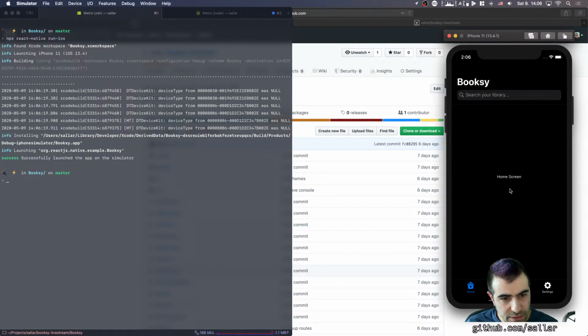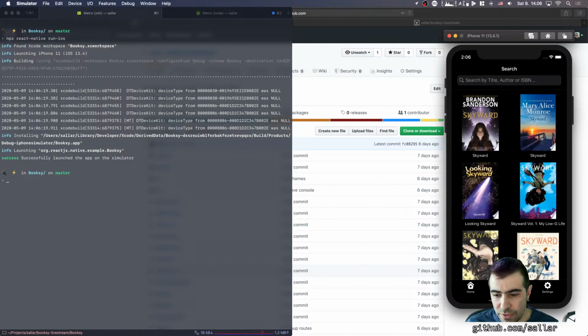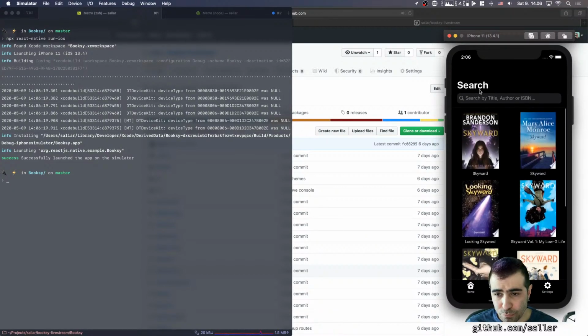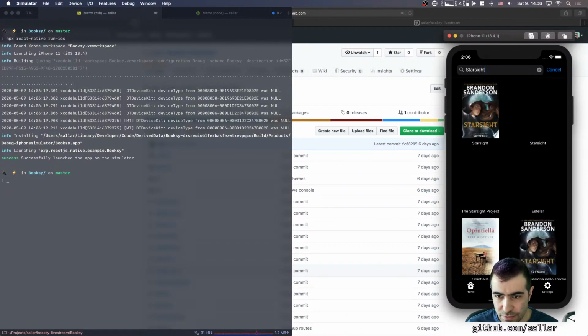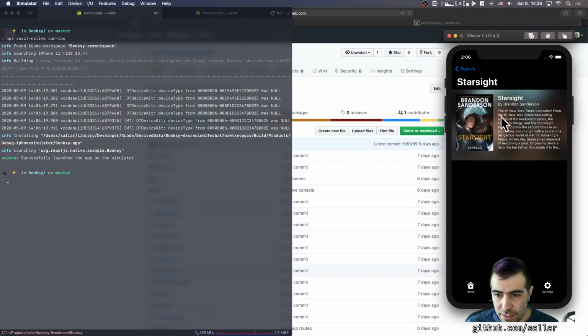Alright, cool. So this is where we got in the previous two sessions. We created the home, search, and settings screen. Home and settings screen are empty, but the search screen has some stuff in it. You can search for what you like, and then you can see the book details. And we also made everything